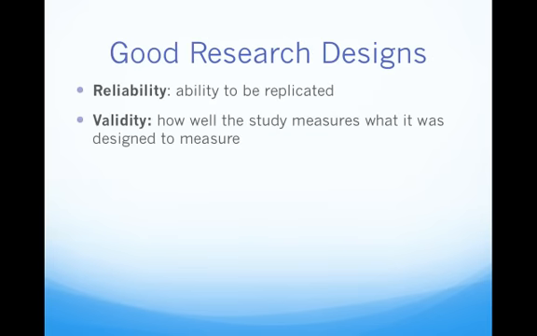When you're designing your study, and this relates directly to any design you might have for a study in the future, as well as the one that you're doing for this class, it has to be reliable, which means that any person that reads your study has to be able to replicate it and do the exact same steps that you did to see what kind of result they could get. So whenever you write your report, it has to be written with clarity so that anybody can read your report and go out and do the research without having to ask you what you did or for any extra details. Another element of good research design is validity, which is how well the study measures what it was